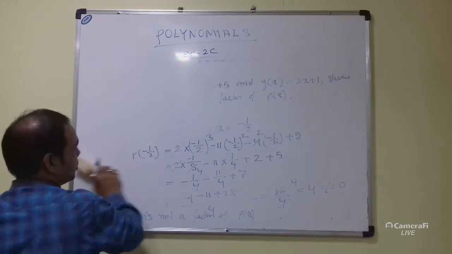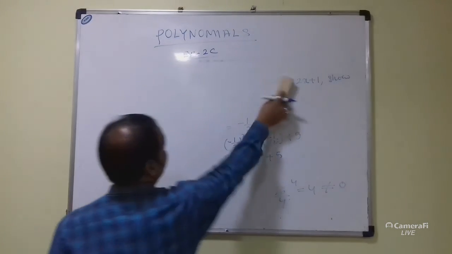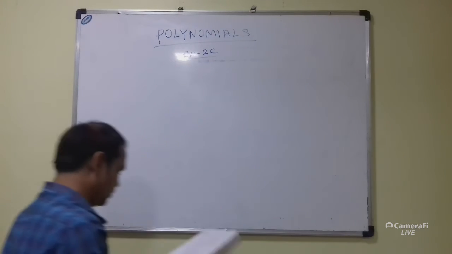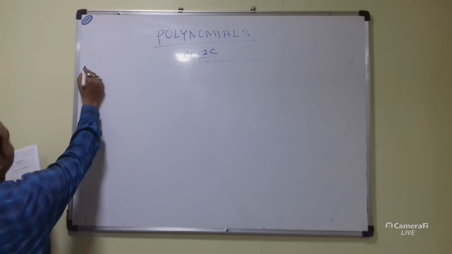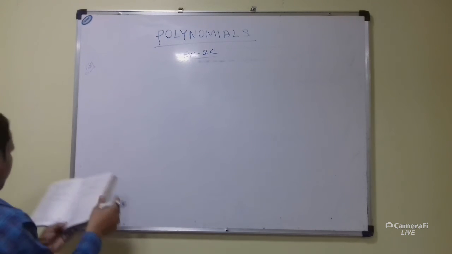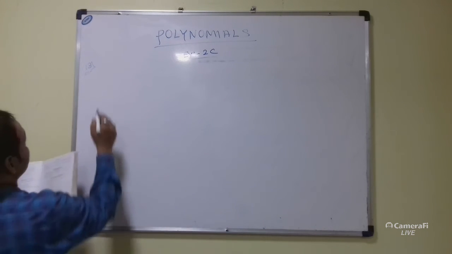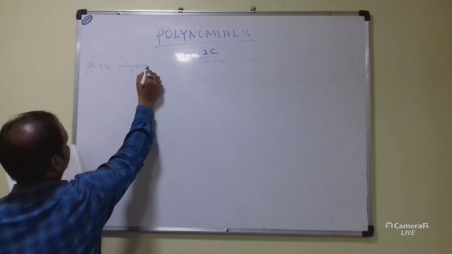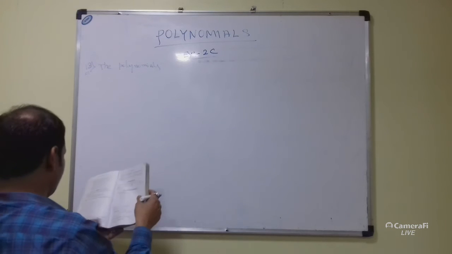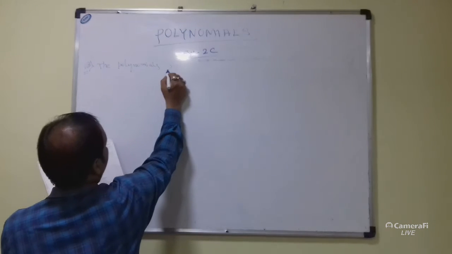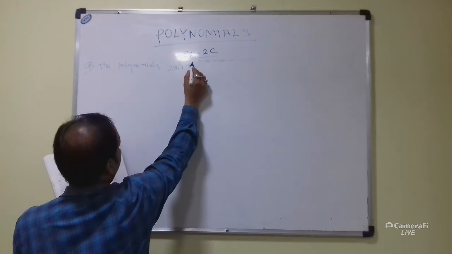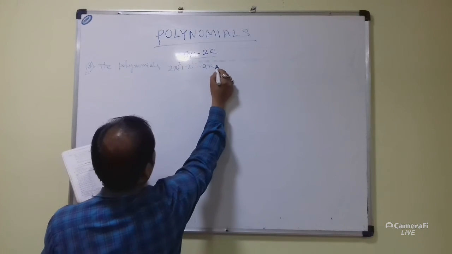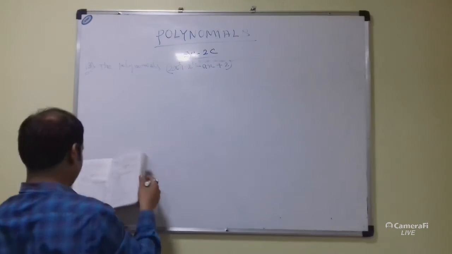Now students, I am going to show you one important problem, which is question number 13. It's an important problem. The problem is: the polynomials 2x cube plus x square minus ax plus 2, and